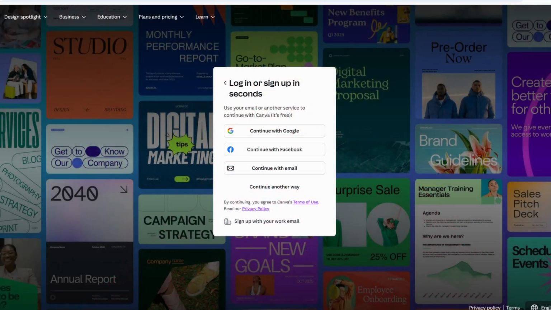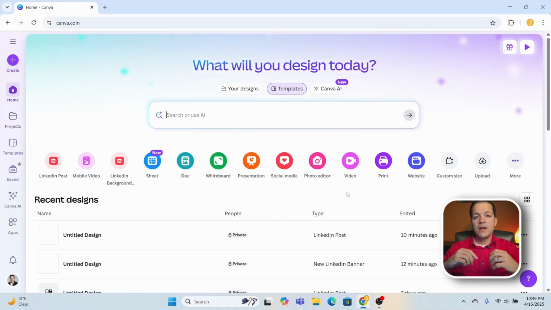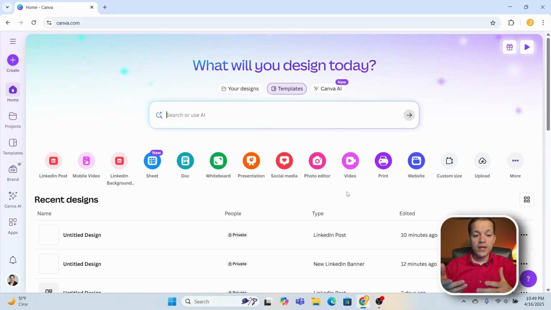First, you're going to go to canva.com. Then you're going to log in. So you can use a Gmail account or you can just sign in with another account on Canva. What you're going to see here is the home page of Canva. Now, on the home page, you can see recent designs that you've already done, as well as quick tools that